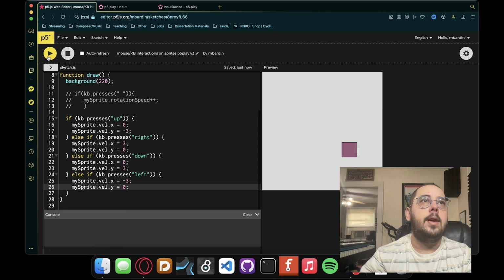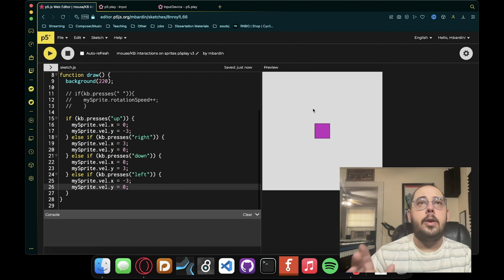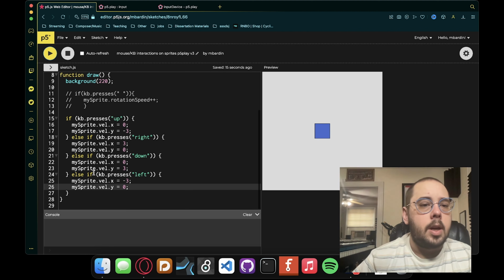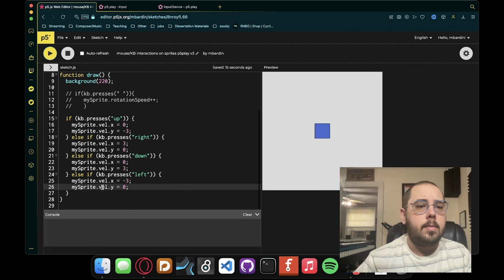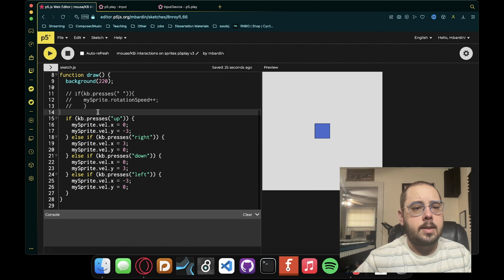I'm going to refresh this because we don't have a way to stop it. And if I click into here again and use the arrow keys on the other side of my keyboard, it's still moving around. Very handy. Refresh. If you wanted to make it so that way it only moves when you press a key, we could